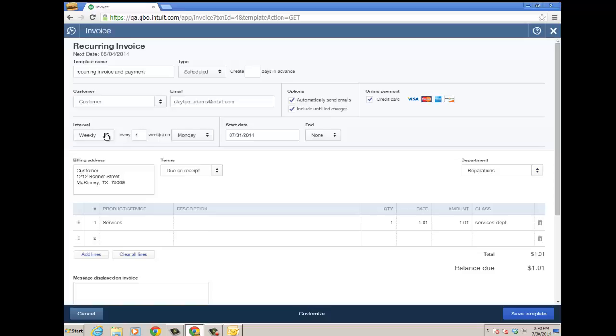And then choose your interval and an end date, start date, etc. and set it up for online payment. So you don't have to create the invoice. QBO will create that for you, and then your customers, when they get the email that you're about to see